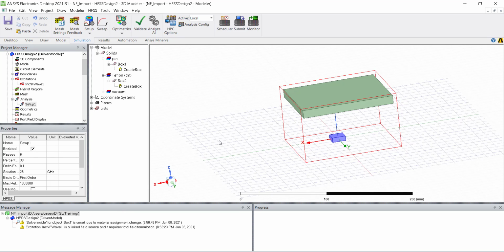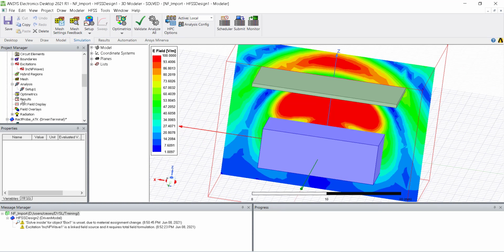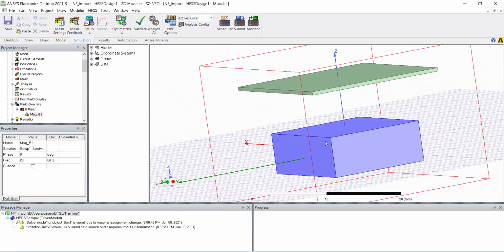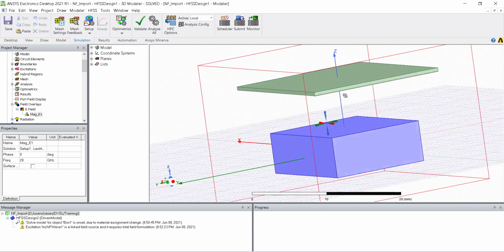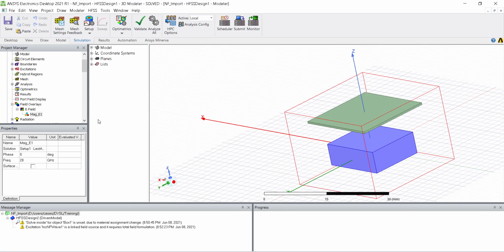Okay, I already have analyzed this model in this HFSS design 1. So you can see the same model over here. Here you can see this near field link, and there is a radome metal plate, and then there is a box around it.